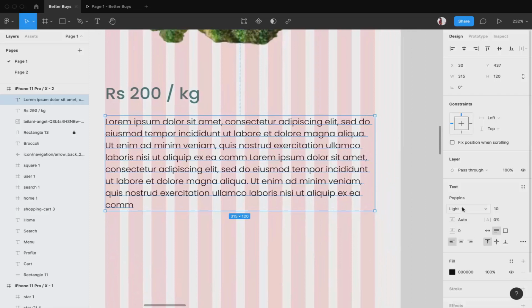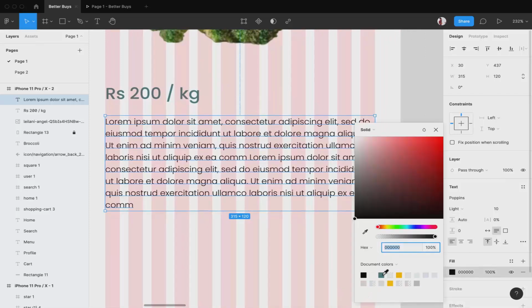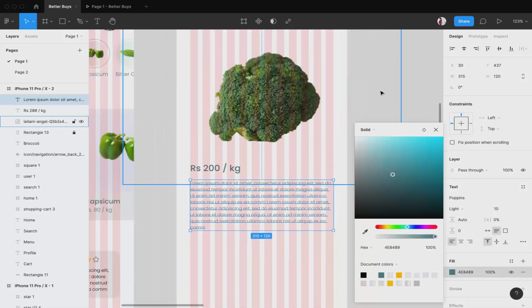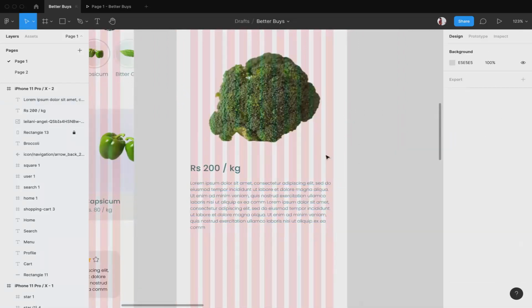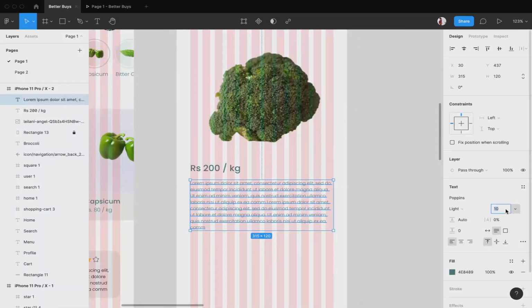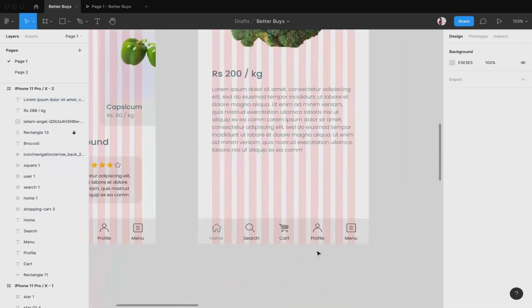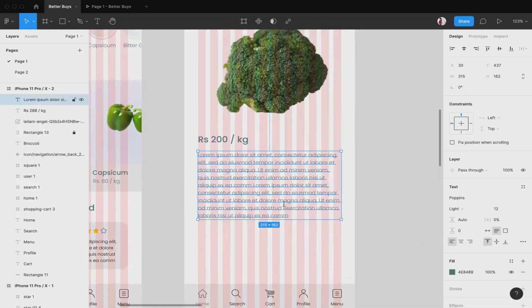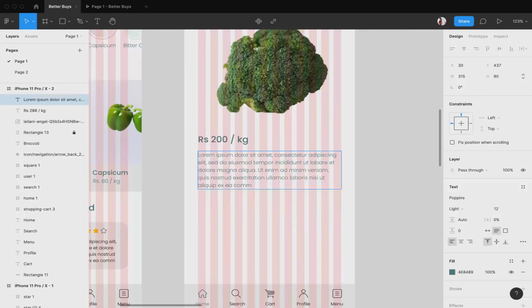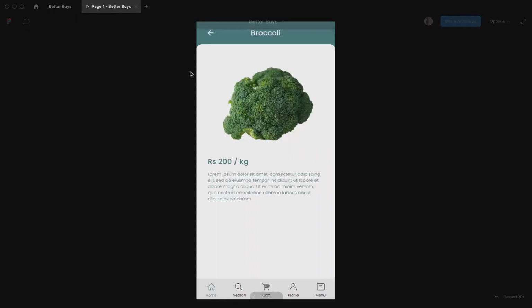Now let's change the color, it will be green. Okay, and let's see if 10 works. Maybe I'll increase its size a little bit. Okay, 12 seems fine. Now I don't need this much of a description. When we make the app, we will limit the user to add only a certain number of characters in the description. Okay, so this is done. So this is how our screen looks until now.